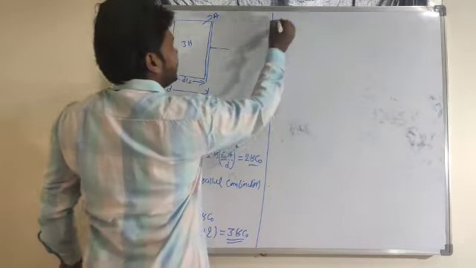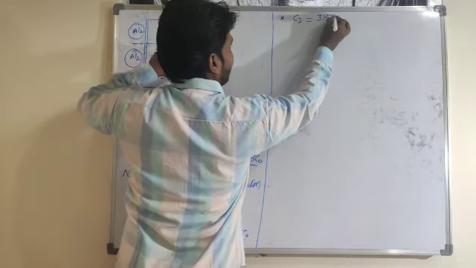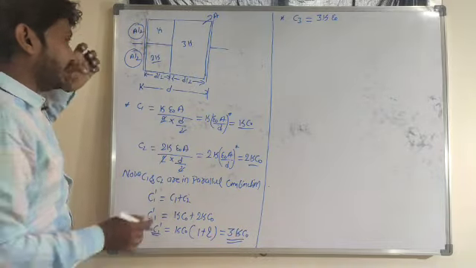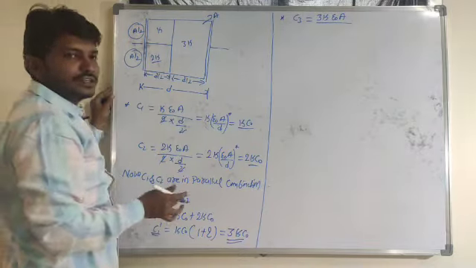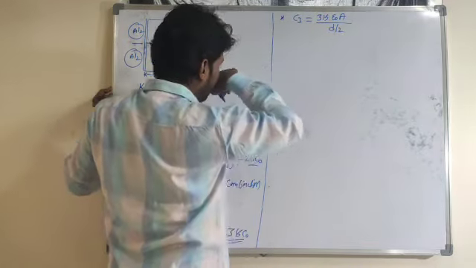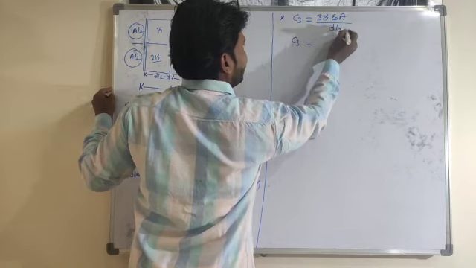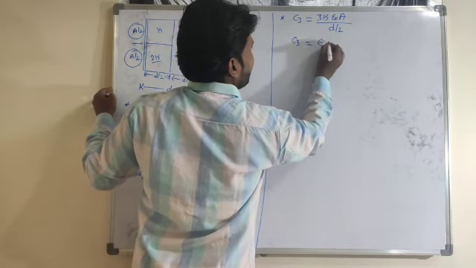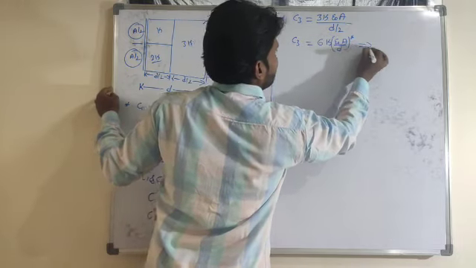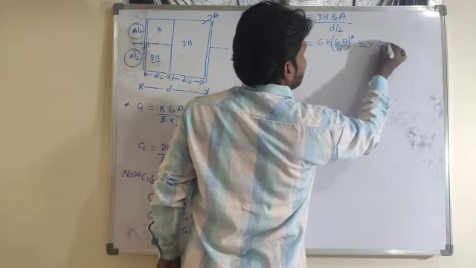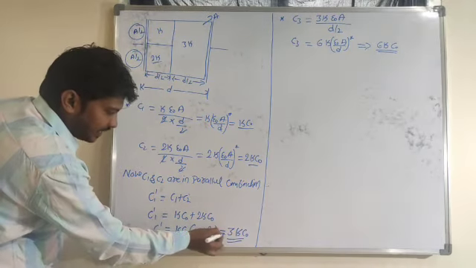Now look at the C3 value here. C3 is 3 times k epsilon naught. What is the area here? Area is single only, so that is A only, divided by, what's the distance here? Distance is d by 2. So C3 is equal to 3 into 2, the 2 goes to the numerator, that is 6k into epsilon naught into A divided by d. So it is equal to 6k into C naught.